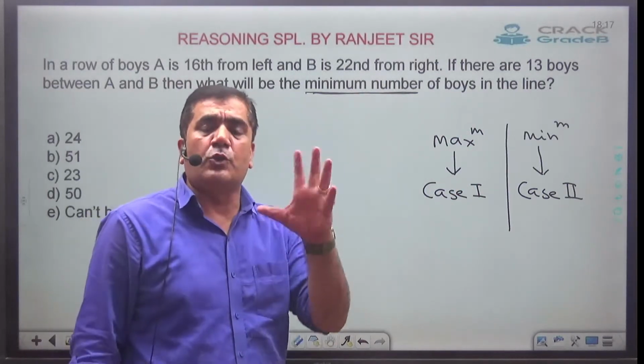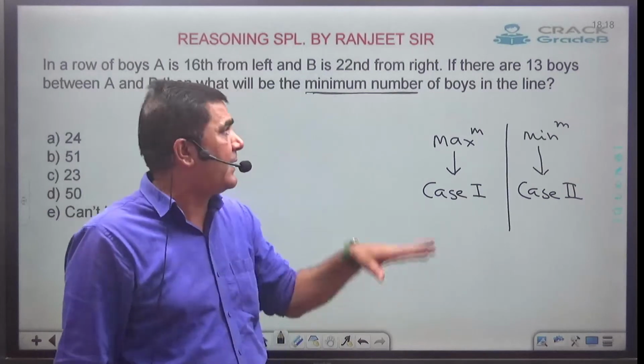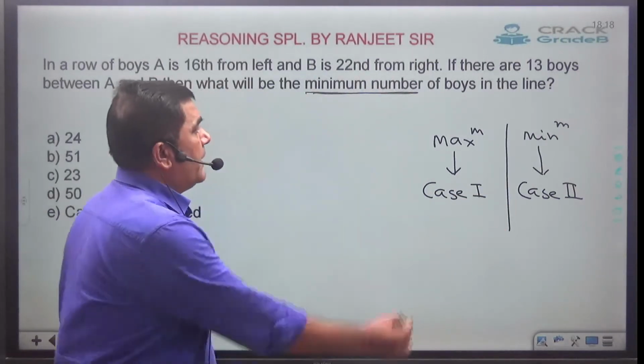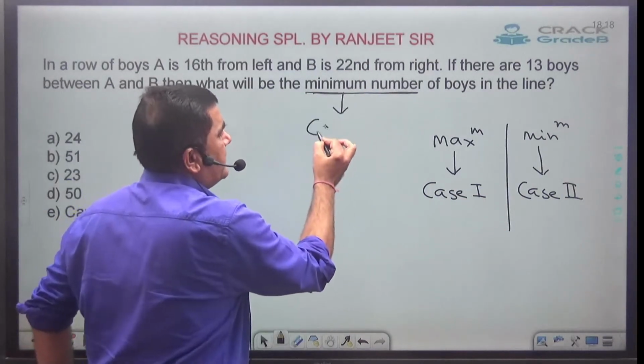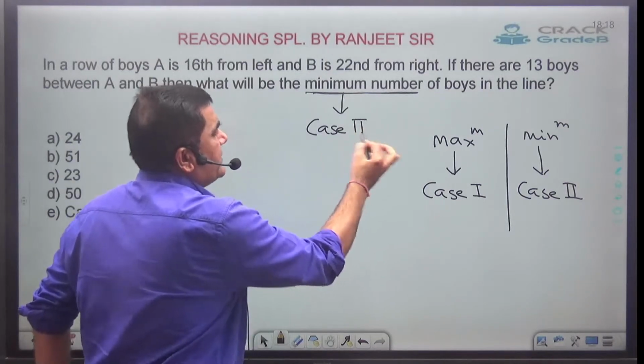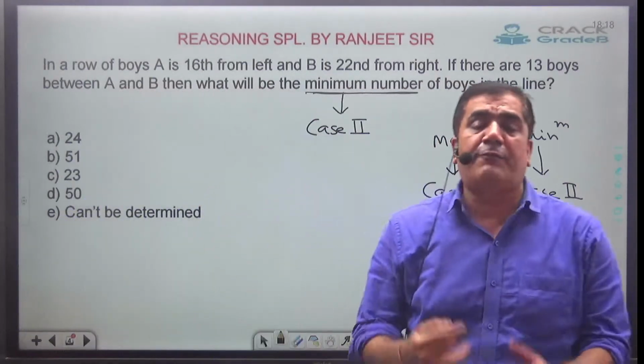What answer is going to come from case 1, that is not my concern. I will always go for case 2. So minimum always stands for what? Case number 2. Now let's check whether case 2 is possible or not, and if possible, what should be the